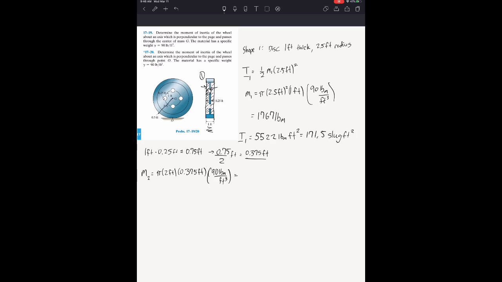This is supposed to be pi times r squared, times the thickness times the density. So this should be pi times 2 feet squared times 0.375. So we just need to fix that. Make sure that squared was also in my previous calculation, but it was. So, all right, times 90. This is going to be